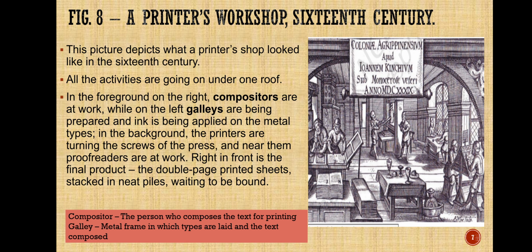Now look at the picture, a printer's workshop in the 16th century. This picture depicts what a printer's shop looked like in the 16th century. You can see everyone working there under one roof. All the activities are going on under one roof. In the foreground, on the right, compositors are at work, while on the left, galleys are being prepared and ink is being applied on the metal types. In the background, the printers are turning the screws,